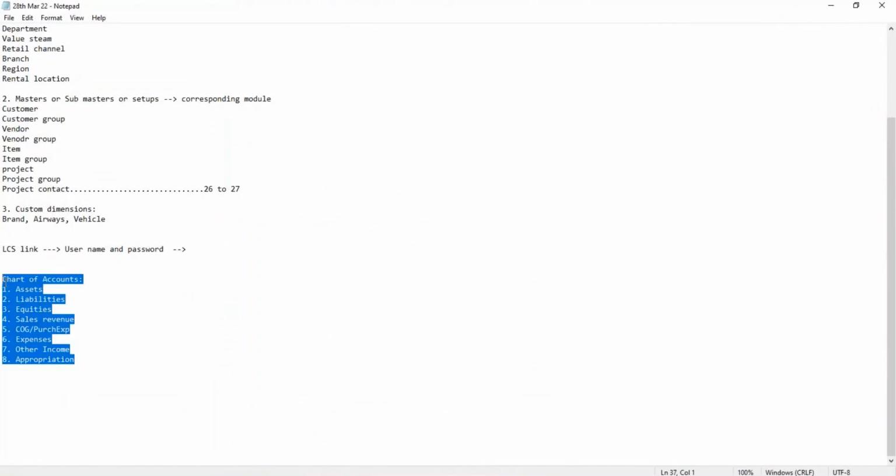Clear on this chart of accounts? This will be defined by accountants. They will define it already, and you need to segregate similar kinds of ledger accounts together. That's it, a small exercise. So this is the best practice: 1 series means assets, 2 series means liability. If the customer says, no, I want to follow 4 series for assets, 5 series for this one, 6 series for that,